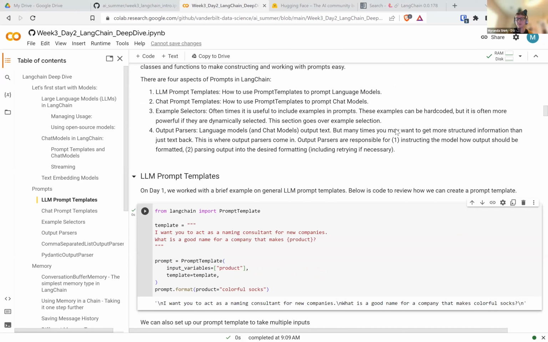There's the LLM prompt templates, so for basic large language models, not chat models, we can use prompt templates for those. Umang already covered chat prompt templates, so I'll probably just glaze over that one. The next is example selectors, for us to be able to include examples in our prompt for the model to use. And then the 4th one is output